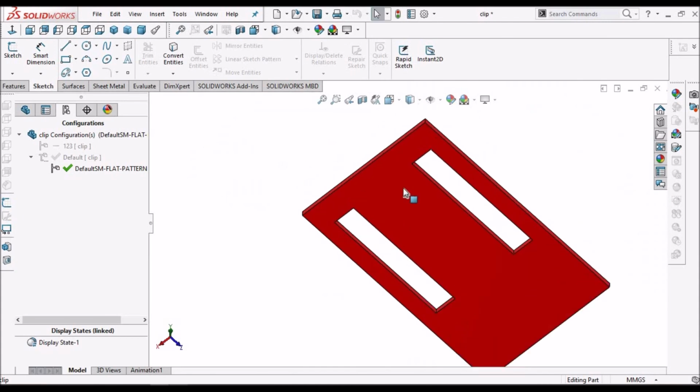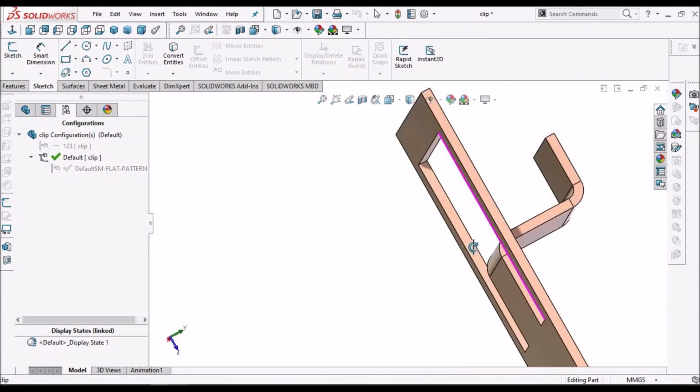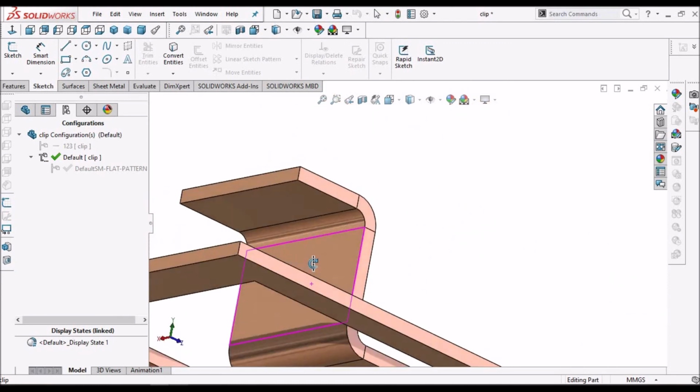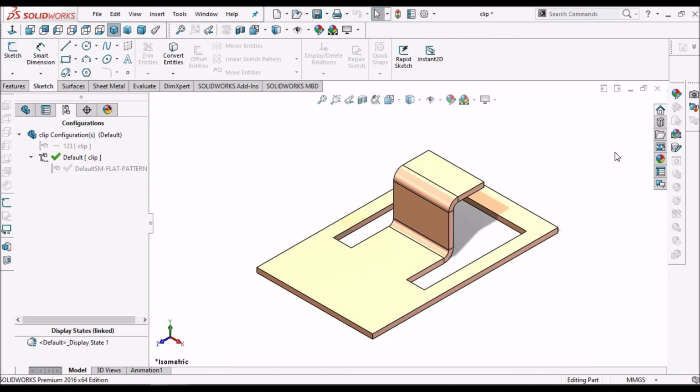So this is the limitation of the jog feature. So we should be very careful while deciding the height of this jog. So this is a brief about the jog feature. Thank you.